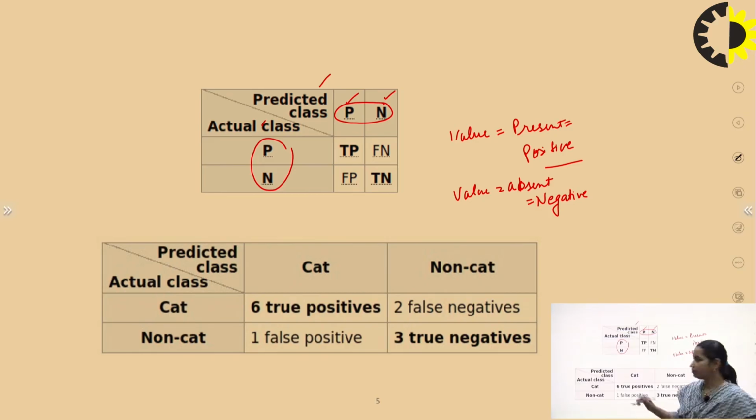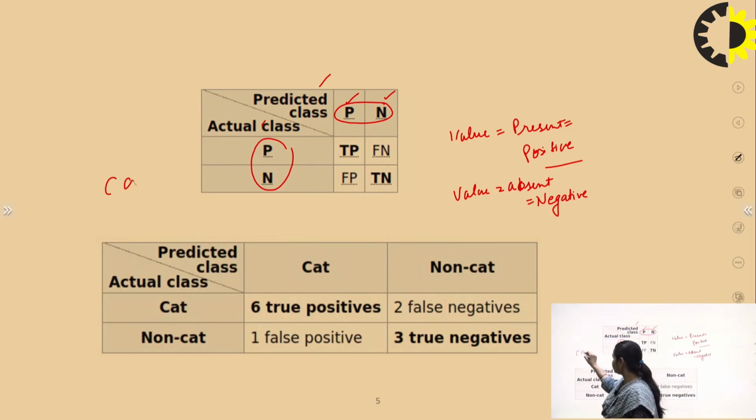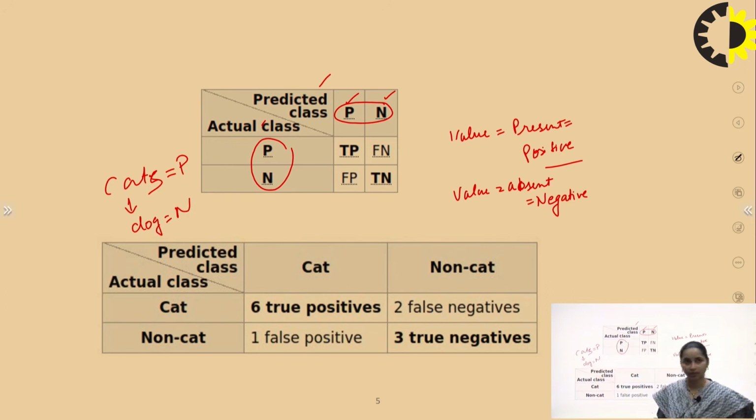Right? Suppose there is the image of a cat. There, the cat will be the positive value, but the dog will be the negative value, right? Dog will be the negative. So such are positive and negative values. I think positive and negative are interpreted correctly. Now, what is this true positive? What is this false negative? What is this false positive? And what is this true negative? So, one by one we'll take them.